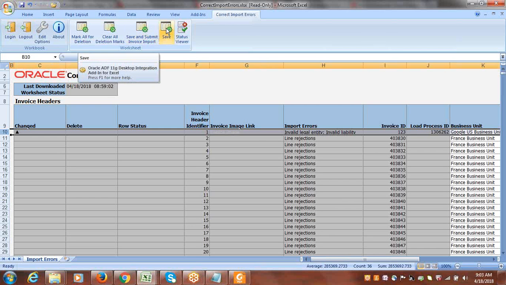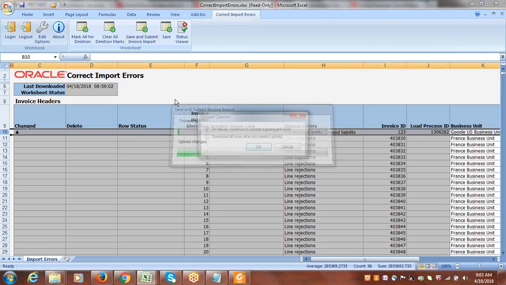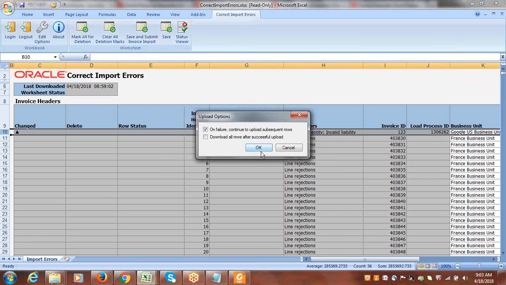If you click on save, whatever updates we did, the record will be saved in the interface only. If you click on save and import, submit invoice import, it will save the record and it will submit the import payables invoices process. Click on that, it will save the record as well as submit it. See here